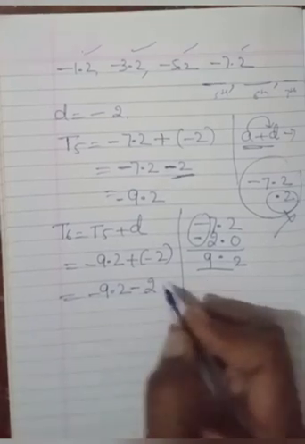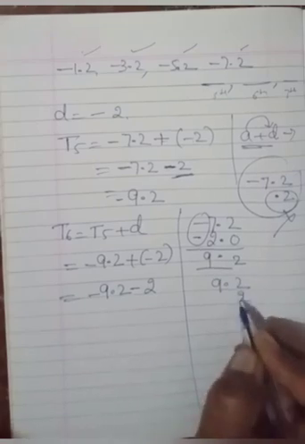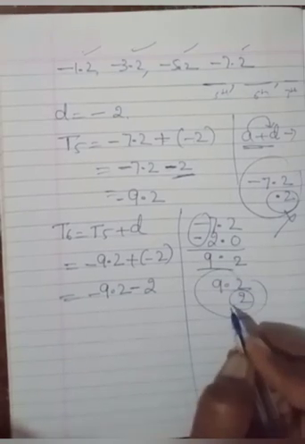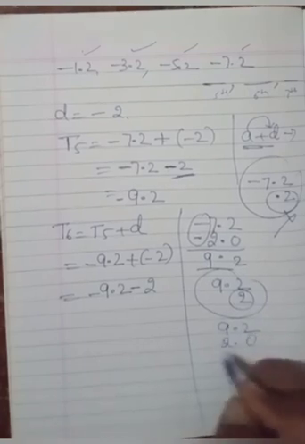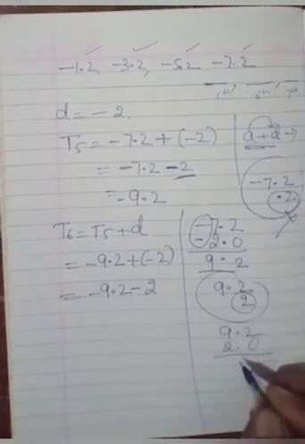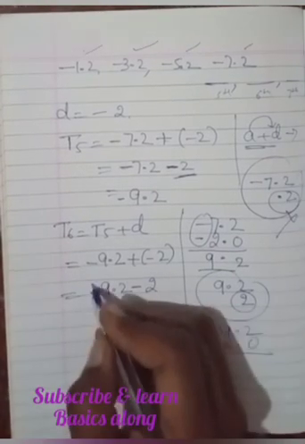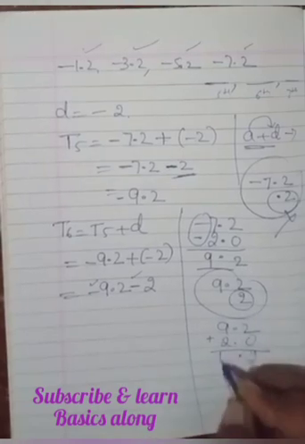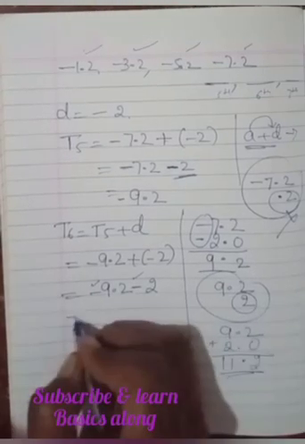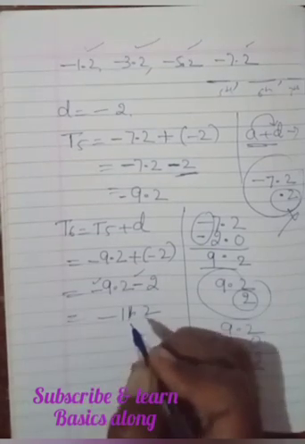Once again, I say the same thing. You have 9.2 and the 2 you are not writing here. You are writing this as a whole term. So you are writing here 9.2 and the 2, 2.0, or you can write 2 only if you are perfect. Then addition of these two, because both are negative, as we know it is addition. 9 plus 2, 11. 11.2, yes, it is minus 11.2. The bigger number's sign we always keep, as you know this one very well.